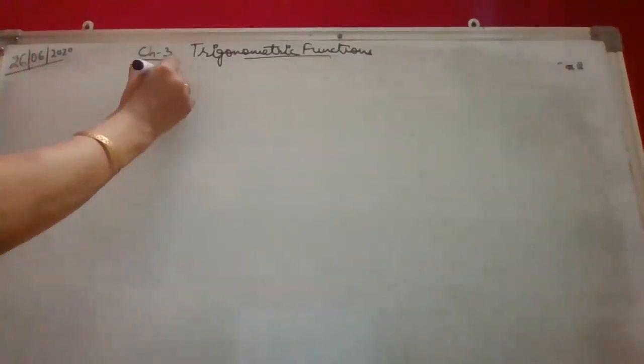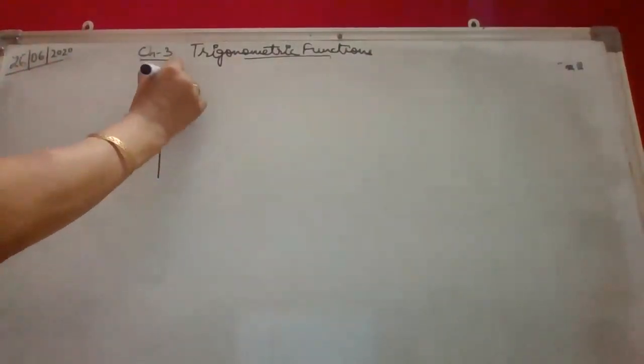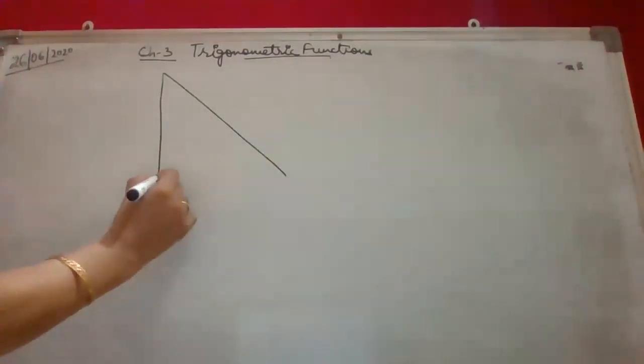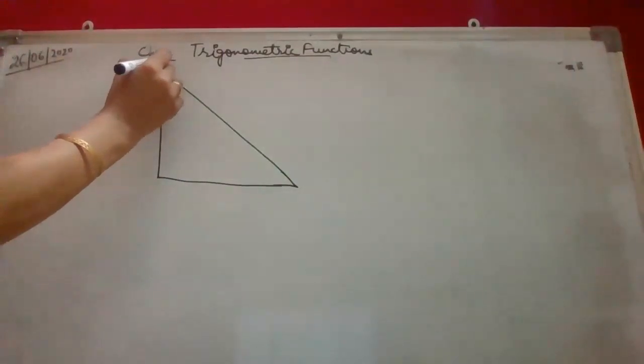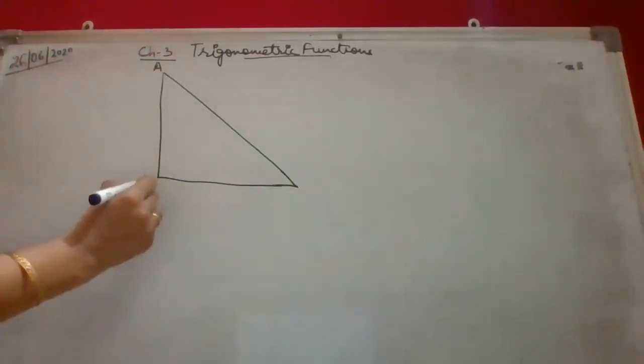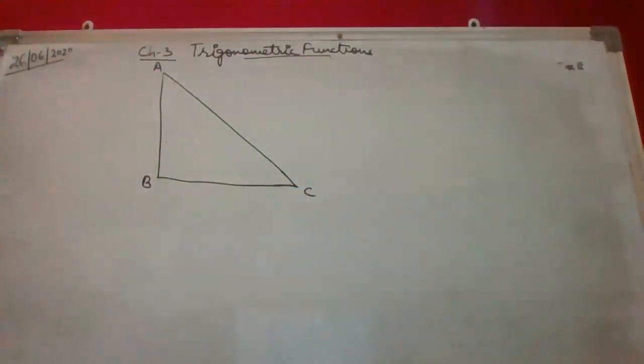Okay, now you have studied about trigonometry in class 10th also. So first of all, let us revise what we have done in class 10th. In trigonometry, we studied the measurement of lines and angles of a right angled triangle. So we always take a right angle triangle in case of trigonometry, and it is the measure of sides and angles of a right angle triangle.